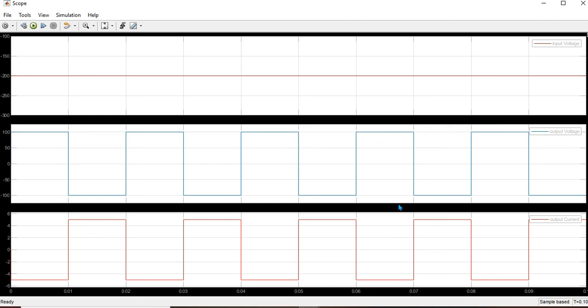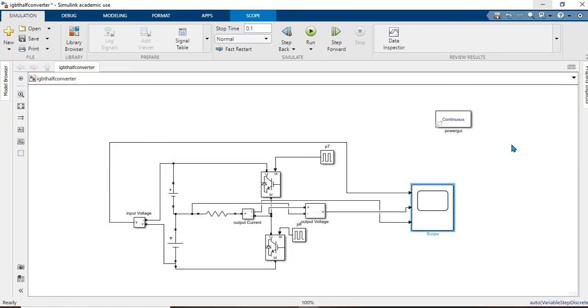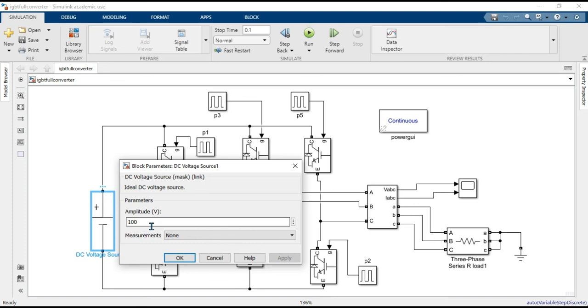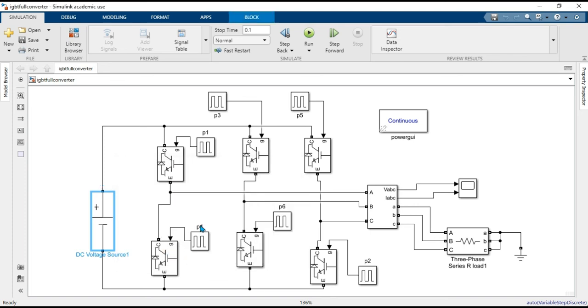This is the basic of your IGBT. Now we are moving to the 3-phase. जब आप 3-phase पे move करोगे, it will take us some time. Wait for a minute. For a 3-phase supply, now your input is again a DC of 100 volt. The voltage amplitude of your DC is 100, and you are connecting 3 IGBT in the upper direction and 3 in the lower direction.